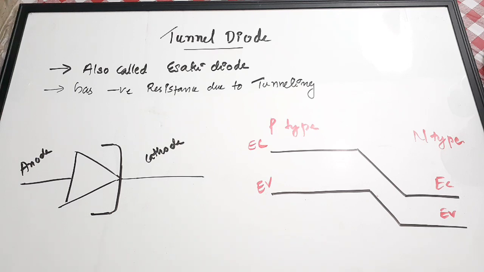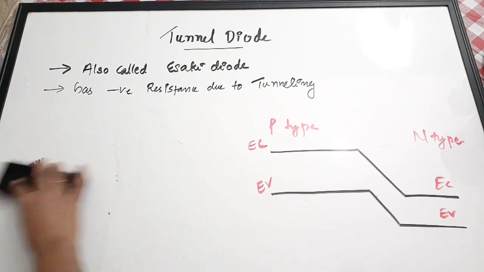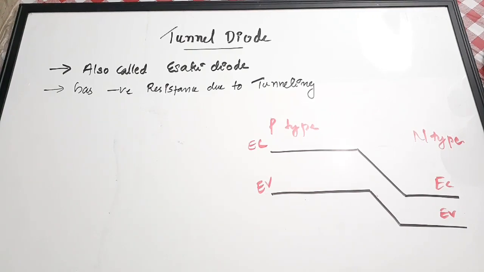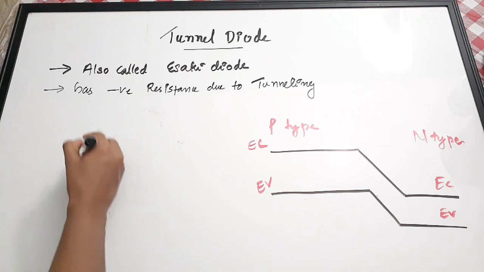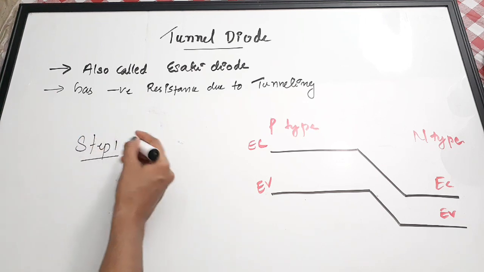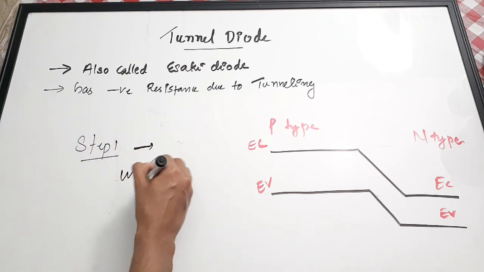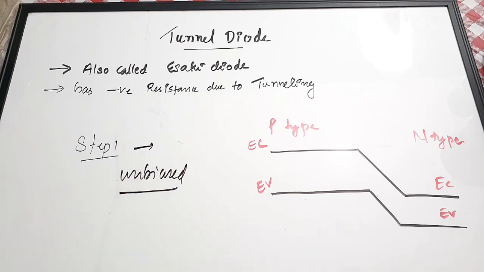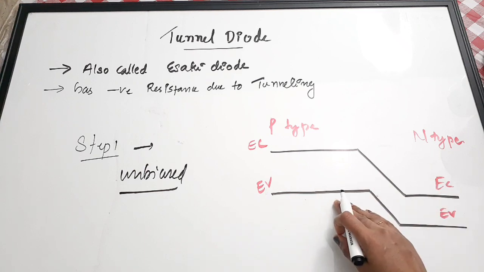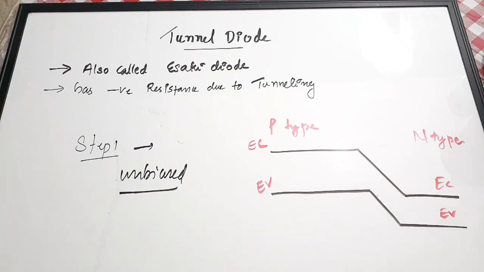Let's discuss the first stage of working, when the diode is unbiased. I'm going to remove the figure for the time being. In step 1, we are considering that this diode is unbiased. There is no bias voltage or anything applied to this diode. As I said, the valence band of the p-type and the conduction band of the n-type are aligned, and due to this, even if we are not applying any